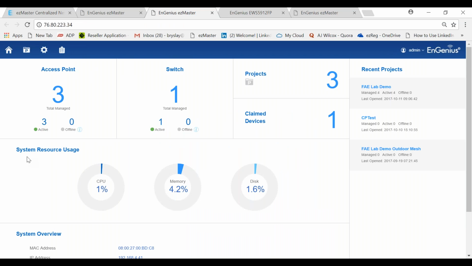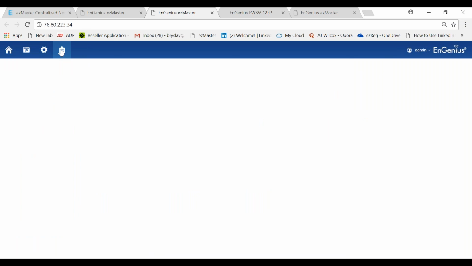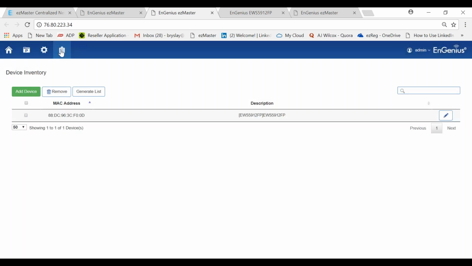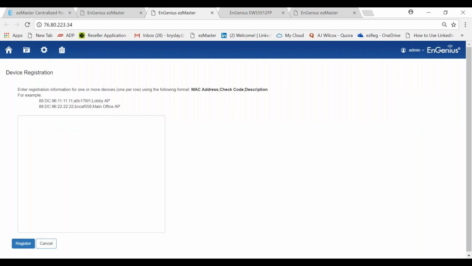So the first thing that I mentioned, under equipment deployments, was device inventory. Within the dashboard, there's a menu up here, you can quickly click on it and go to device inventory. Under device inventory, you can add devices. You can add access points, you can add switches, you can add AP mesh cams, for example. This really allows you to take inventory of unregistered devices and then add them into inventory.